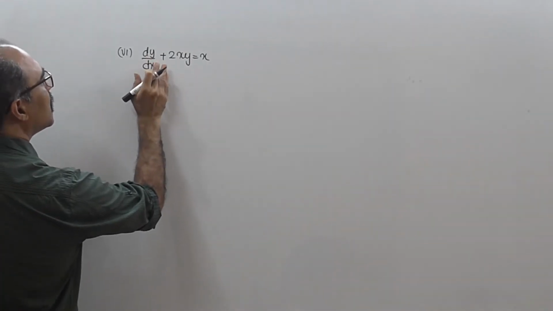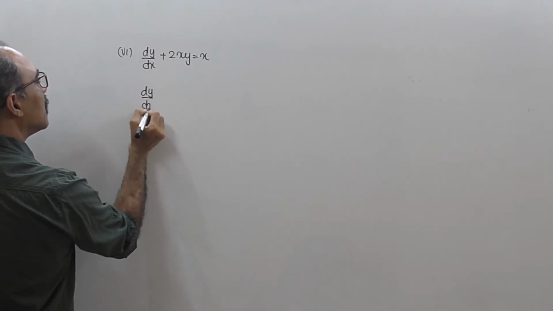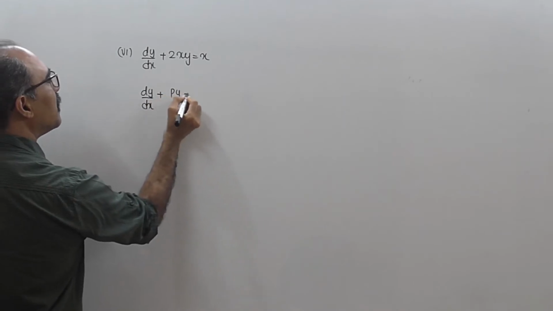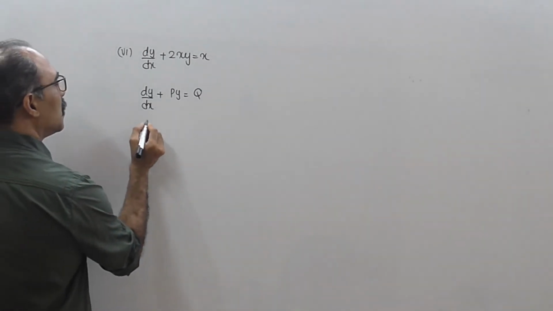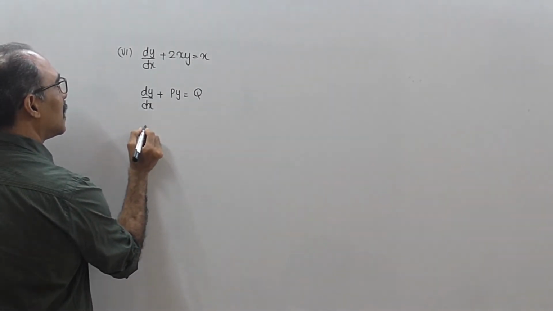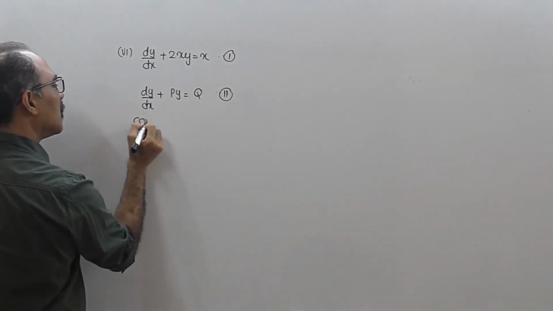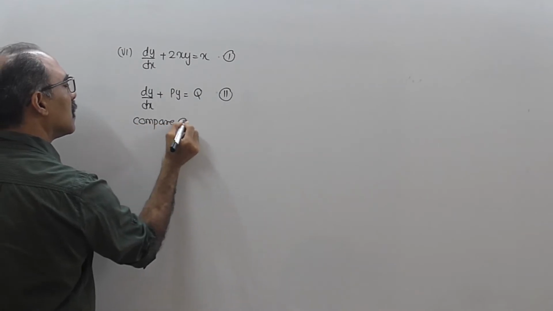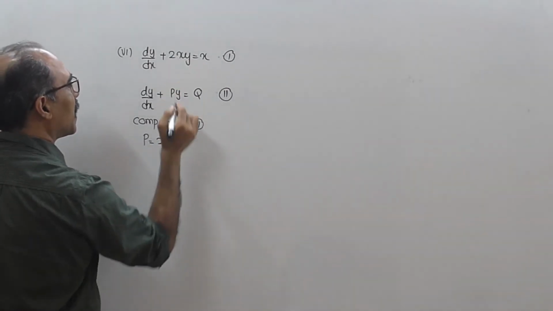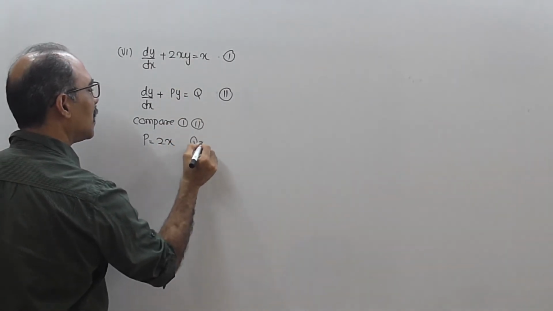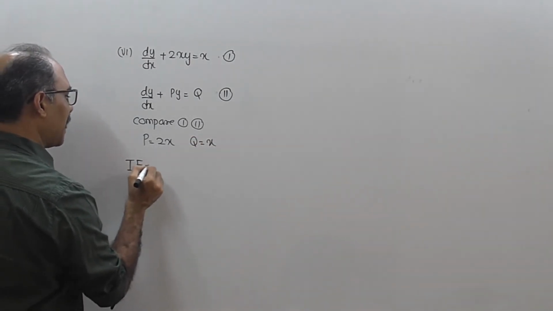Now dy by dx plus 2xy equal to x is given. So this I can write as dy by dx plus py equal to q. It is not a complicated sum like the previous two sums. So if I compare 1 and 2, what do I get? Comparing y and y, p will be equal to 2x, and I think you should get q equal to x. So it's a normal sum. The integrating factor will be